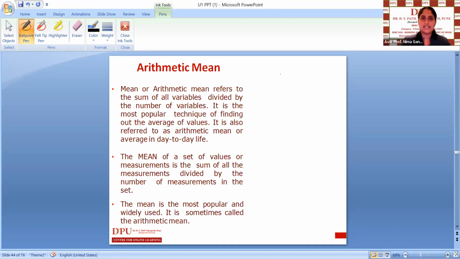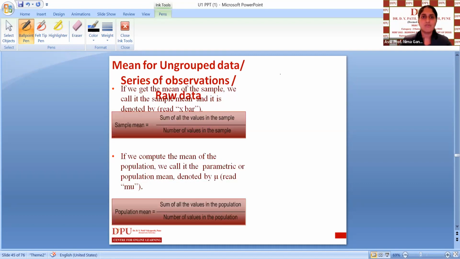So let's learn more about the mean. Here I'm talking about the arithmetic mean, which we also know as the average. Whenever you are calculating average or saying mean, it is the arithmetic mean. Okay, so for ungrouped data or series of observations,